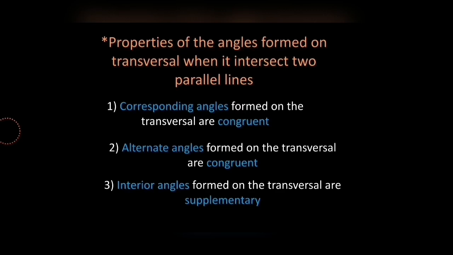And boys and girls, this third property, that interior angles become supplementary, means whenever you add these two interior angles, your sum will come to 180 degrees. So this property will be considered as a base property. Keep it in mind, interior angles are supplementary. This property is considered as the base property to prove two lines parallel. So from here on we are going to solve two theorems in which, if we are able to prove interior angles are supplementary, then ultimately we are able to prove two lines are parallel. So let's begin with it.